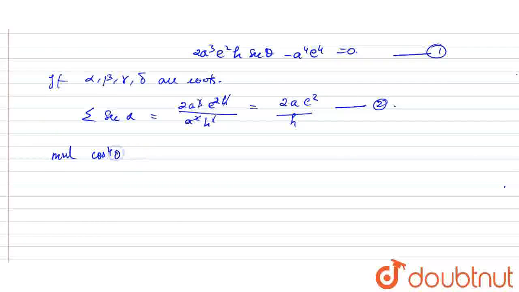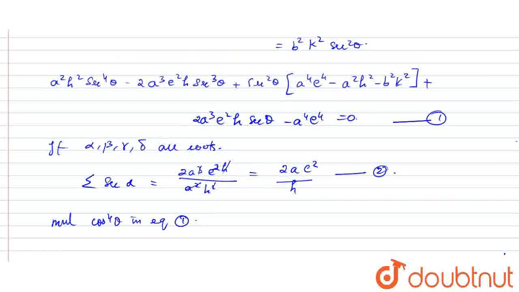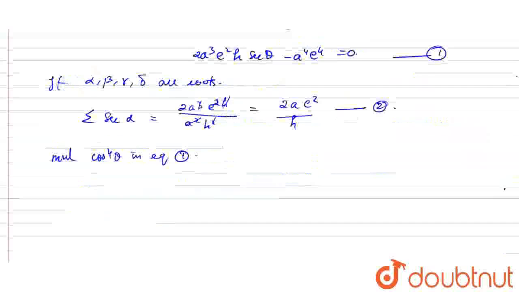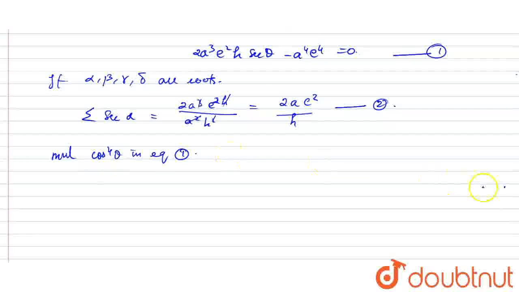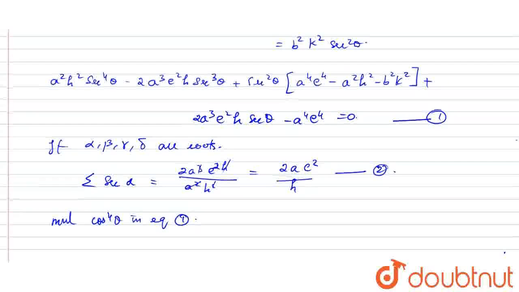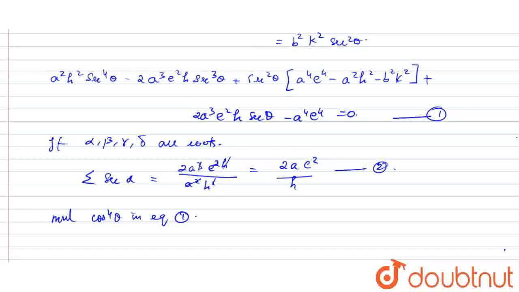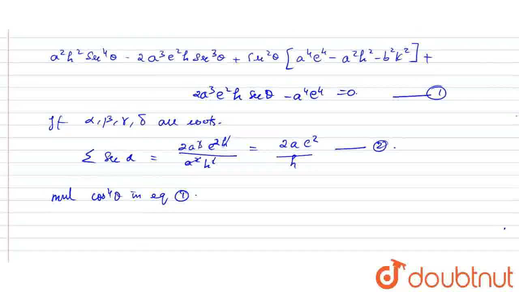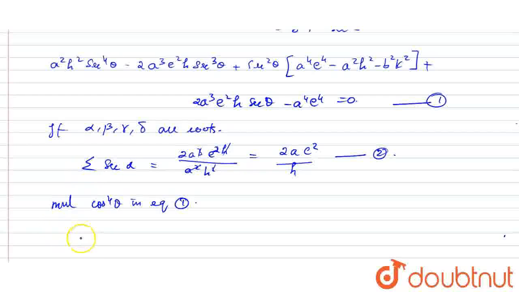Therefore here secant power 4 theta, right? So secant theta is equal to 1 by cos theta, right? So here 4 is there, so I'm going to multiply cos power 4. Okay, so 1 by cos power 4 theta into cos power 4 theta, you cancel here, so the remaining value here is